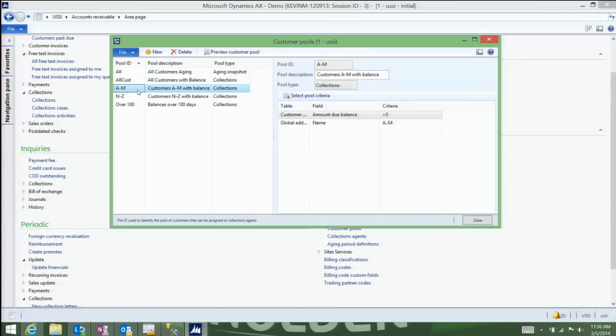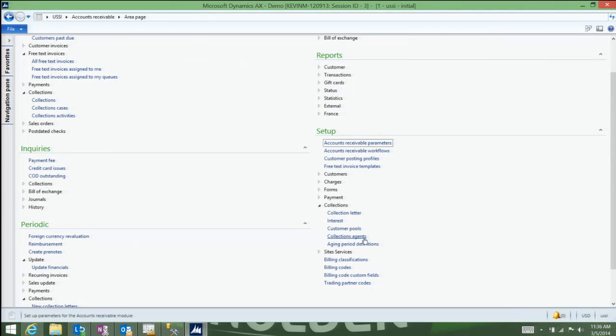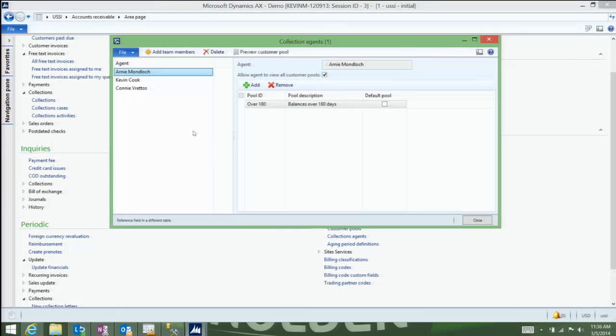So I can build that in. And then I've got another one in here for N through Z for the other collector. But I'm going to go ahead and assign this specific pool to myself. Now, typically it might be your collections manager who's doing these assignments, but I'm going to go ahead and add this collection pool to myself. I'm playing the role of Kevin Cook.